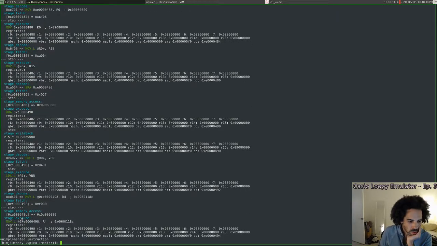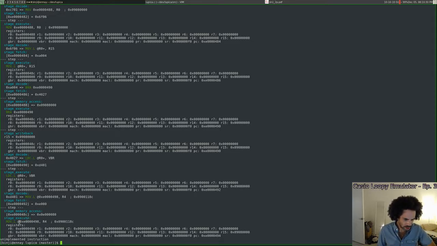So the trouble is, and this is going to be one of the issues that is going to happen for a while, that as we're executing instructions, we're not going to actually be able to see the full effect of the instruction until we implement the next instruction and so on. So it's like the pipeline actually sort of gets in our way, but yeah, it's fine for now. So